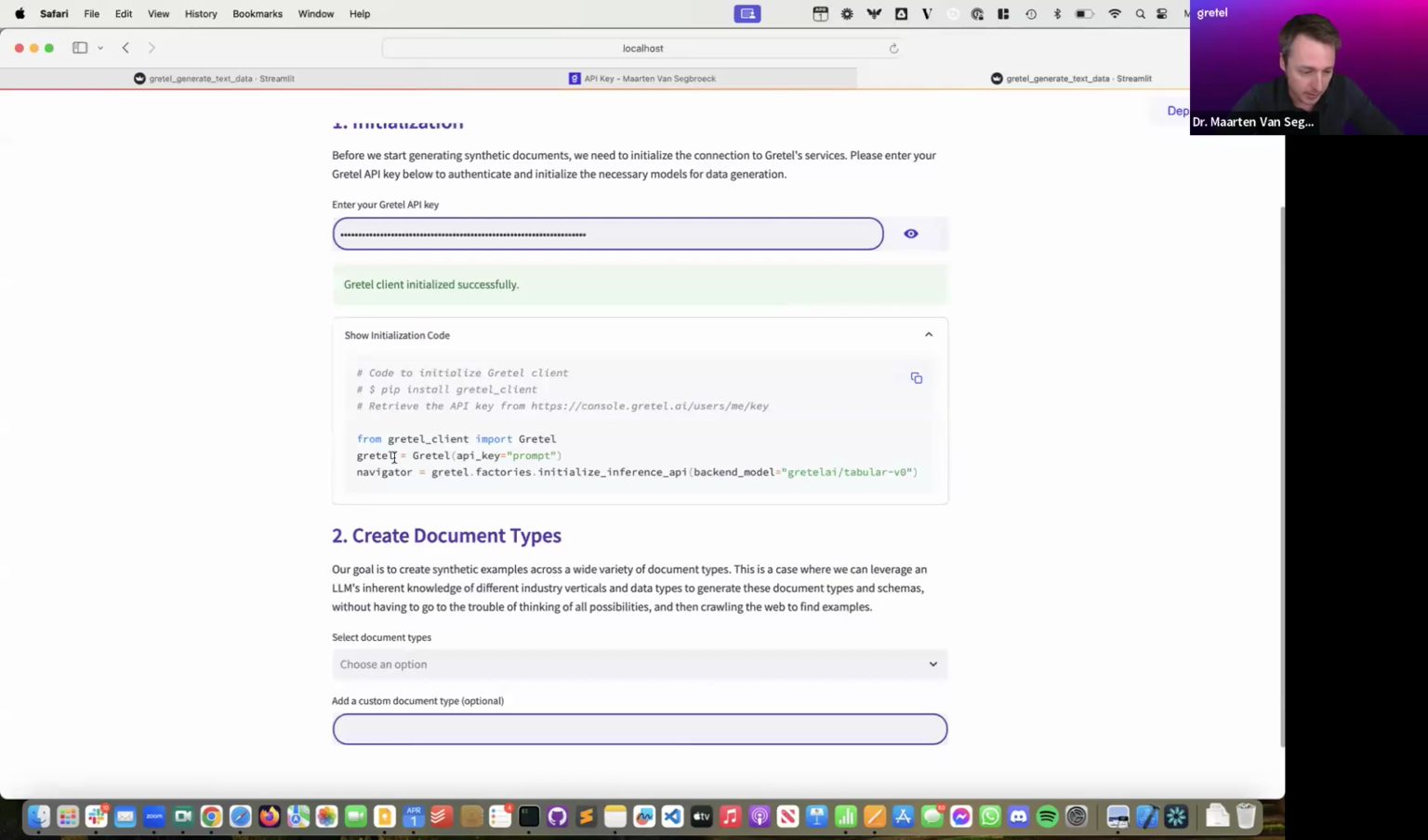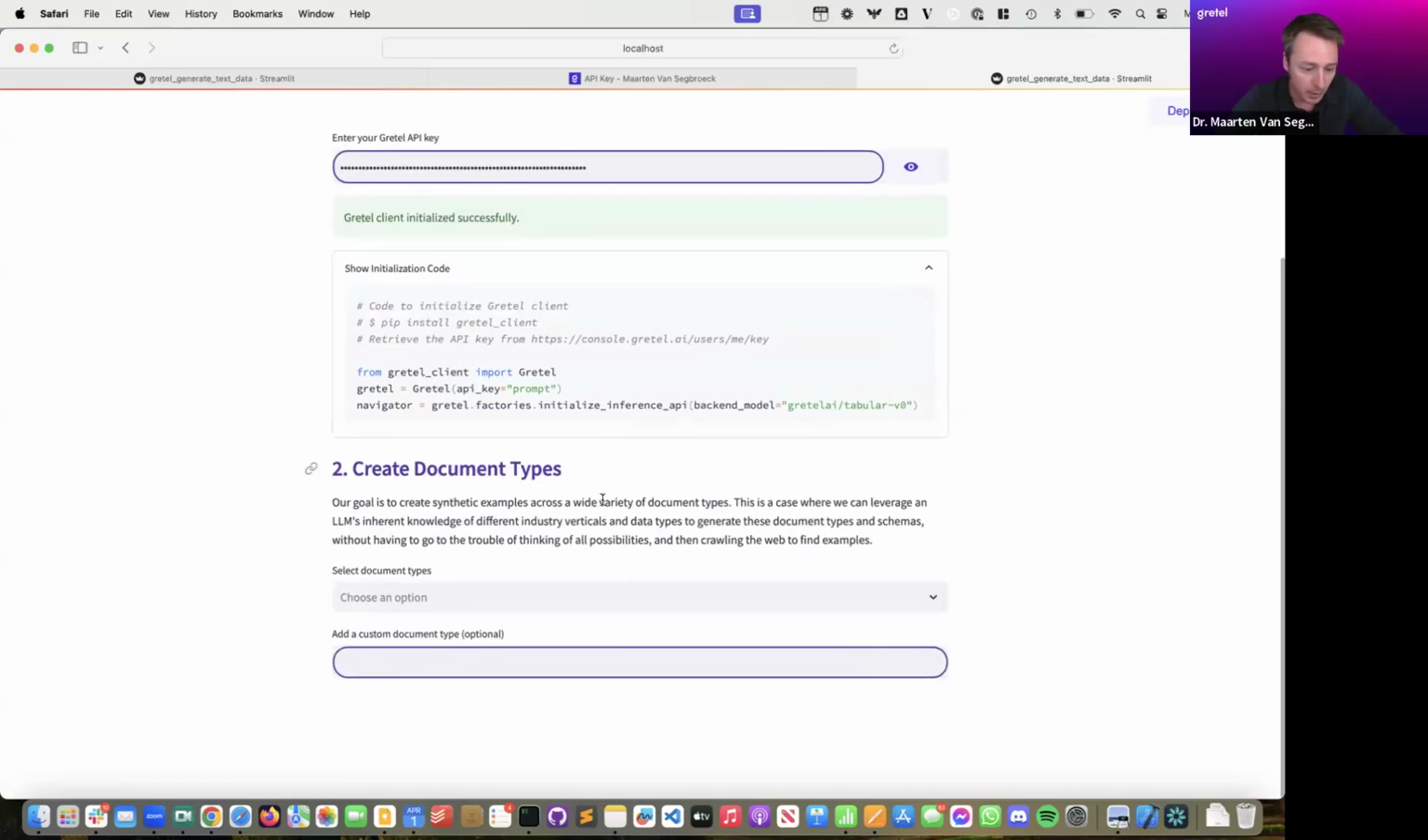You authenticated and initialized a Gretel session, and then we also initialize our Navigator model here. Just be aware that the Gretel client can be pip installed, and the API key you can fetch from the console. So once that is done,